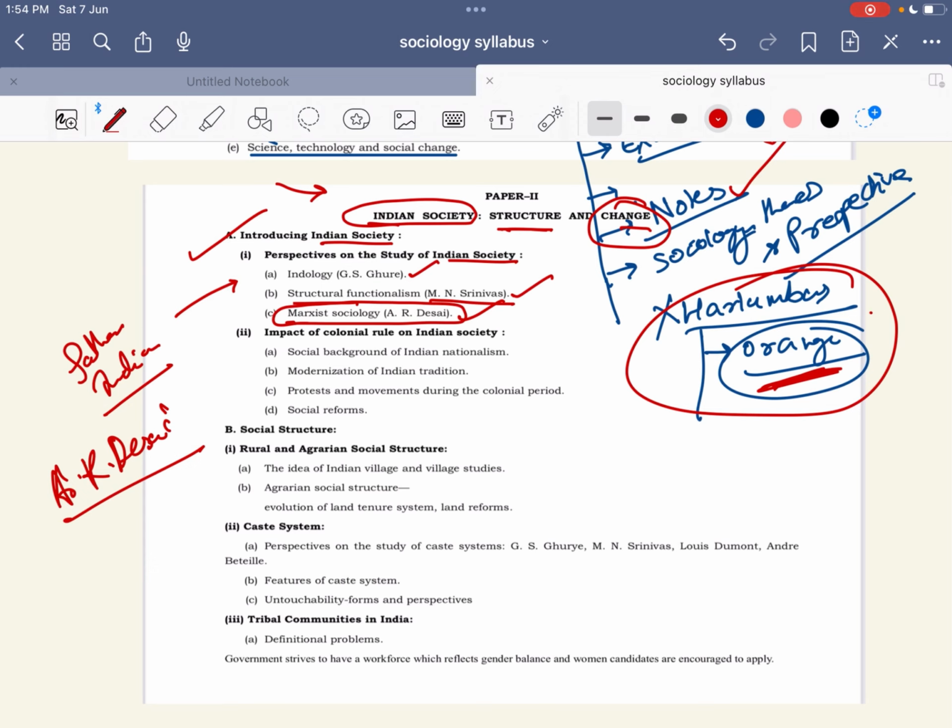वो अगर हमने स्टडी किया थोड़ा बहुत, और वो भी हमने हमारे आंसर में लिखा, तो हमें दूसरों के मुकाबले एज मिल जाता है. अगर किसी को एग्जामिनर ने इस पर क्वेश्चन पूछा है, स्ट्रक्चरल फंक्शनलिज्म एम एन श्रीनिवास, पूरा लिखो टू द पॉइंट कि एम एन श्रीनिवास ने क्या क्या काम किया है. लेकिन अगर आप वहीं पर उसमें किसी और का भी कंट्रीब्यूशन लिख देते हो, थोड़ा सा, ज़्यादा नहीं, तो यू गेट एज ऑन अदर्स. और यही है कि कोई बंदा 10 में से 5 मारेगा, और अगर आपने कुछ वैल्यू एडिशन उसमें किया है, तो आप मारोगे 7, 8, 2 मार्क का कितना, 3 मार्क का फ़र्क हो गया. अंडरस्टैंड?